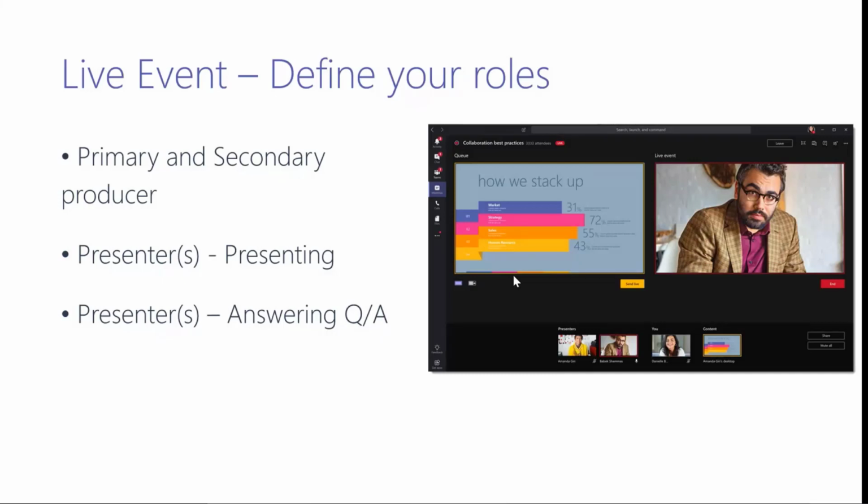Both producers should not control the event at the same time because they don't see the changes on each other's screen. If I'm a producer and Michael is a producer, we both don't see the changes we are making in the queue window. Those windows are not synced, so we are running on our own.